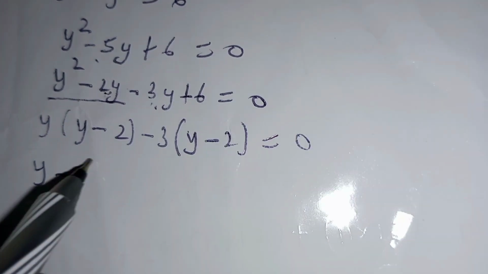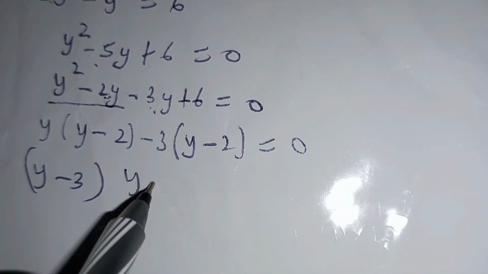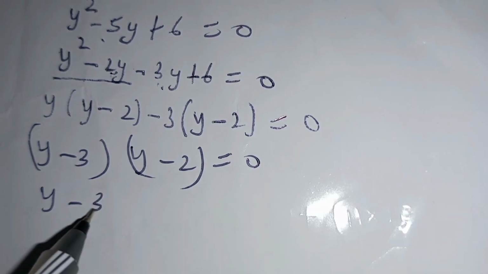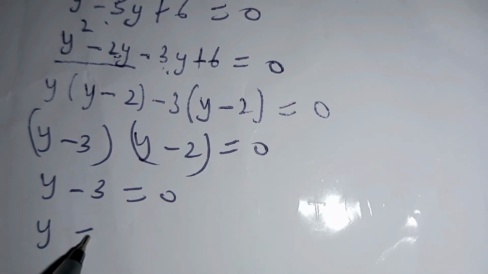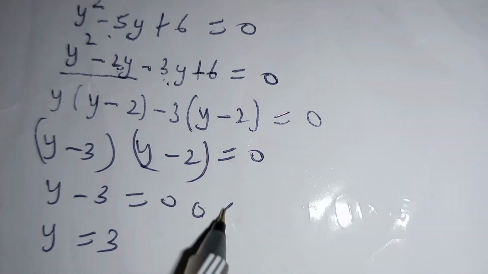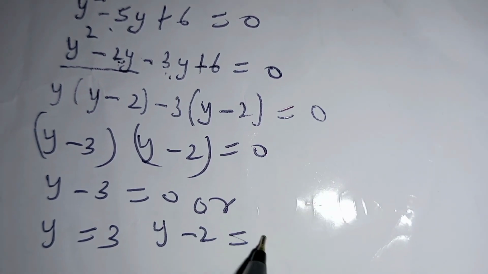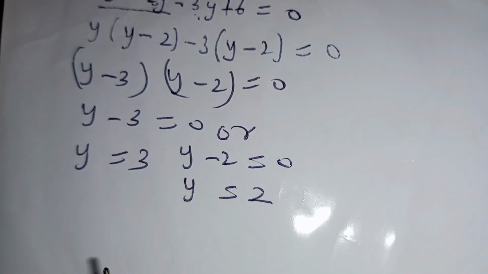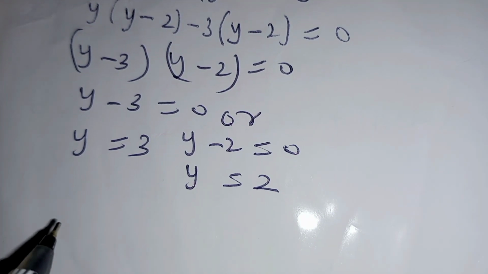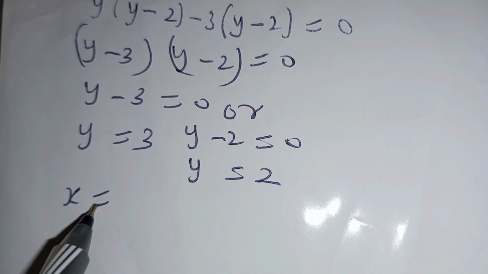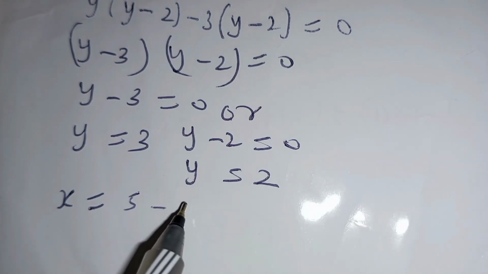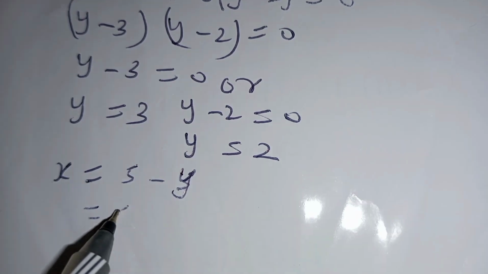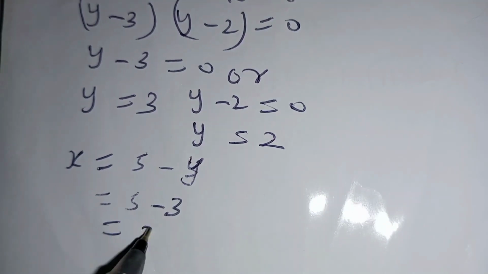So y minus 3, y minus 2 is equal to 0, meaning that y minus 3 is equal to 0, so y is equal to 3, or y minus 2 is equal to 0, so y is equal to 2. So we obtain the value of x. We had written that x is equal to 5 minus y, so x is equal to 5 minus 3, which is equal to 2,